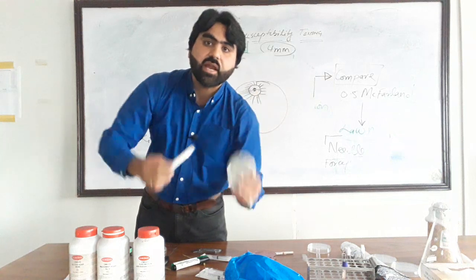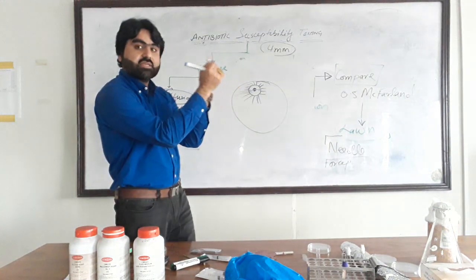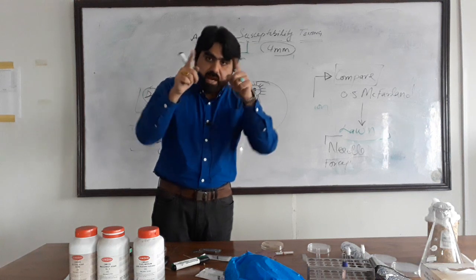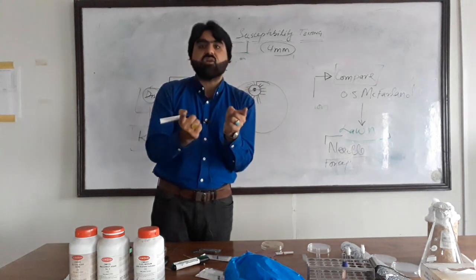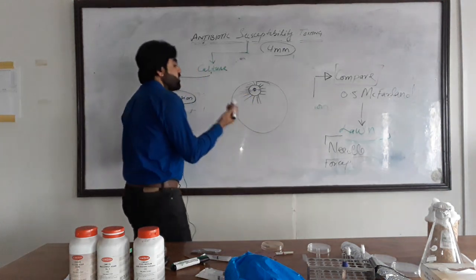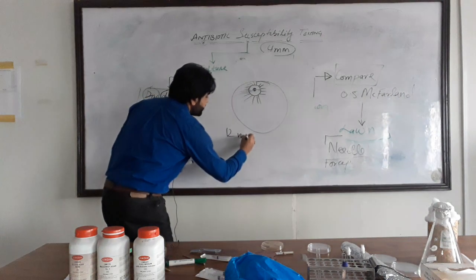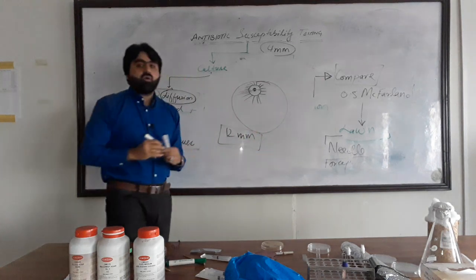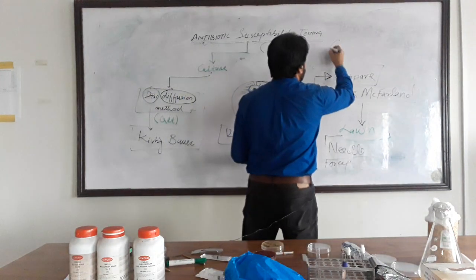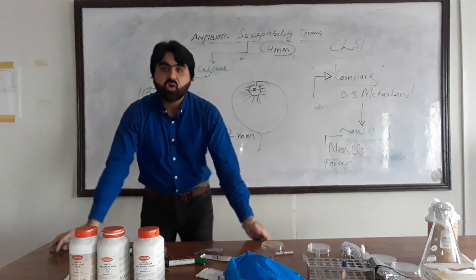So from this downside you will measure the zone of inhibition against a reflecting light, because reflecting light will give you better resolution at the edges or at the margin of the zone of inhibition. So after measuring the zone of inhibition, for example, say it is a 12 millimeter zone, now we will compare this zone to the chart provided by the Clinical and Laboratory Standards Institute, which is known as CLSI.